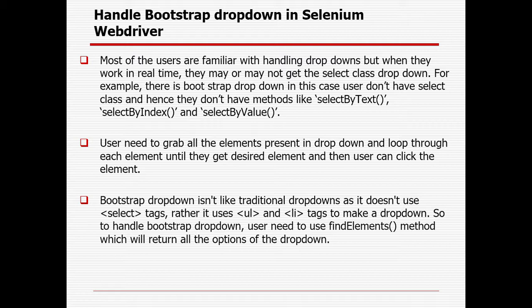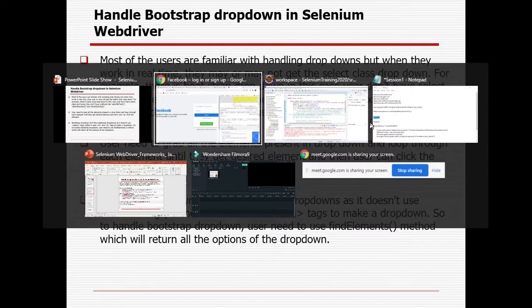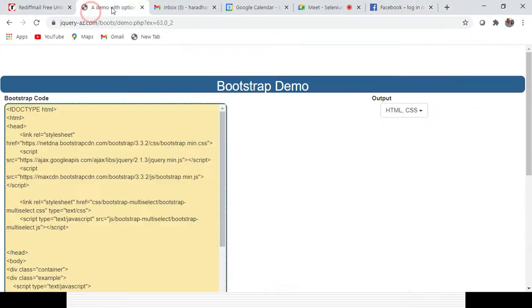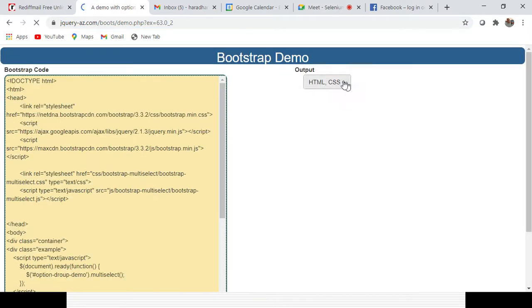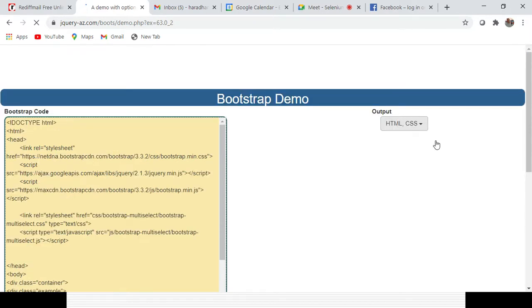So here, if you go to that particular URL, you can see this is the drop down options. If you press the F12 button here, it's taking some time to load the page. That is the reason the F12 button is not working.